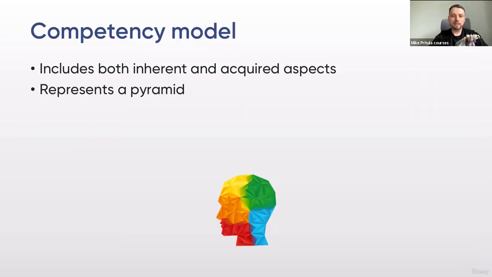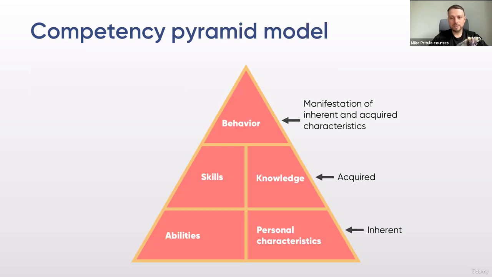Let's move on. So the competency model includes both innate and acquired aspects and is essentially a pyramid. At the top of this pyramid is human behavior. That is, we are ultimately interested in the behavior that a person exhibits. But we need to understand that this behavior is made up of innate abilities and personality characteristics, as well as acquired skills and knowledge. And it's all demonstrated in behavior,